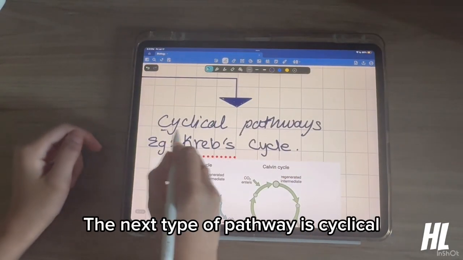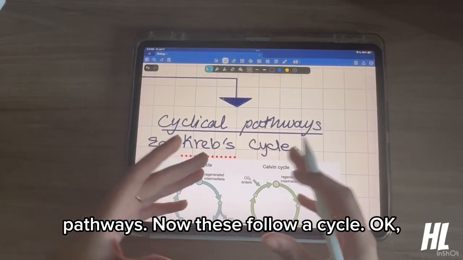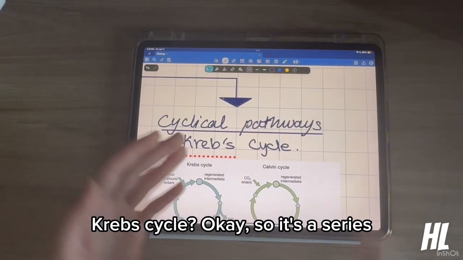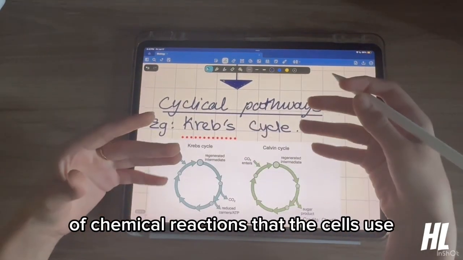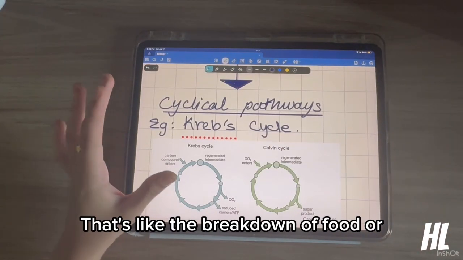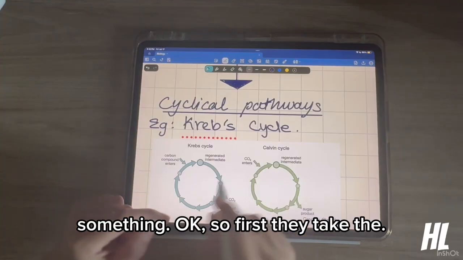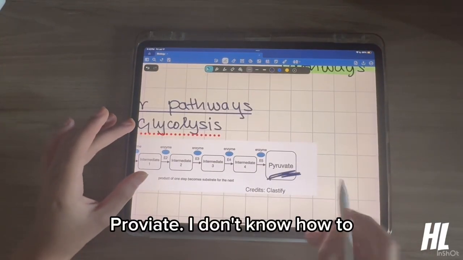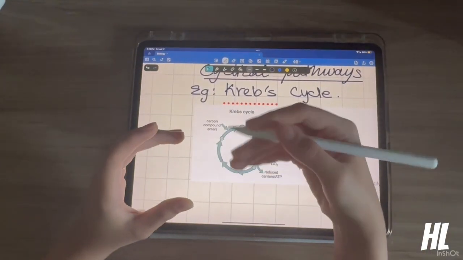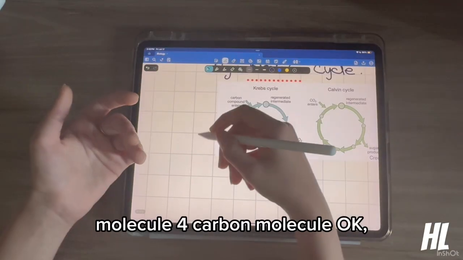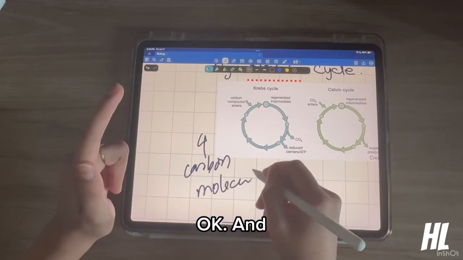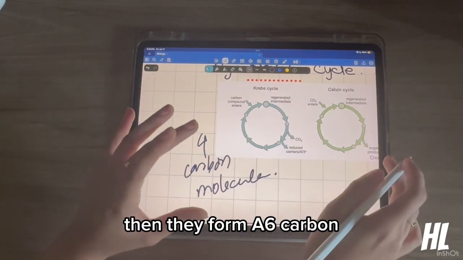The next type of pathway is cyclical pathways. Now these follow a cycle. Take the Krebs cycle, for example. Now what happens in the Krebs cycle? It's a series of chemical reactions that cells use to release stored energy from food. It's like the breakdown of food or something. First they take the pyruvate, I don't know how to say it again, and they combine it with a 4-carbon molecule, not carbon sugar, carbon molecule, and then they form a 6-carbon molecule